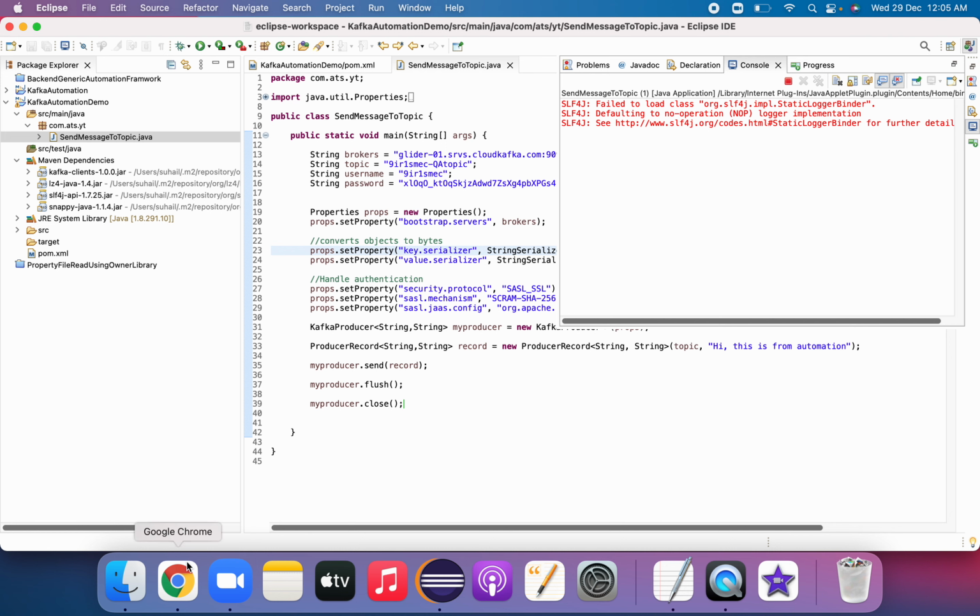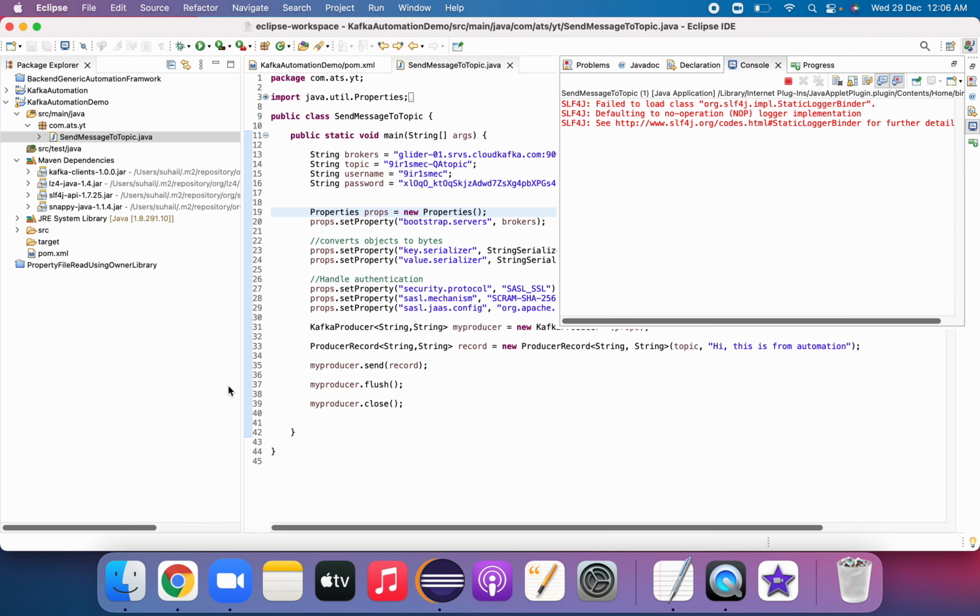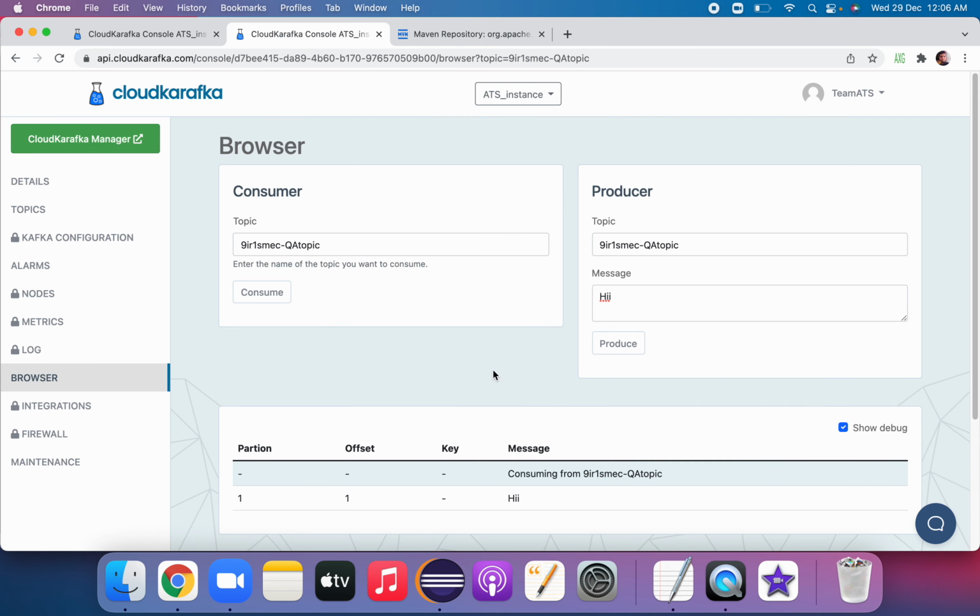I'll copy this topic, I'll go here, I'll say consume. So this is the same thing which we have seen yesterday. This is the manual message which we generally publish. So let's say this is the manual one. If I say produce, I'll see the message here. Now we'll run our automation script. So let us run and see if we get the message we have given here in the topic.